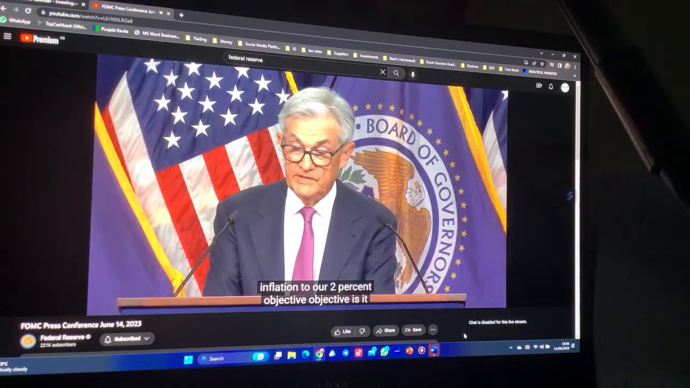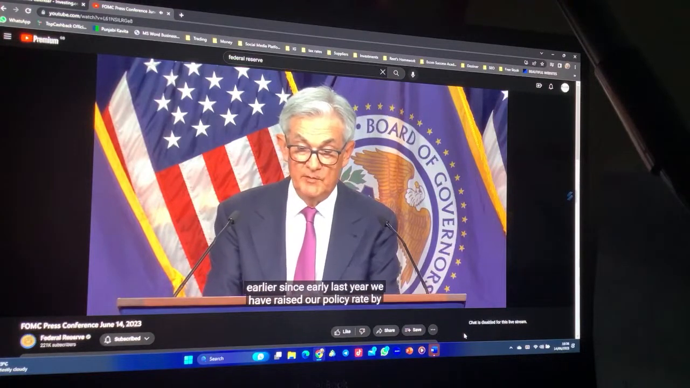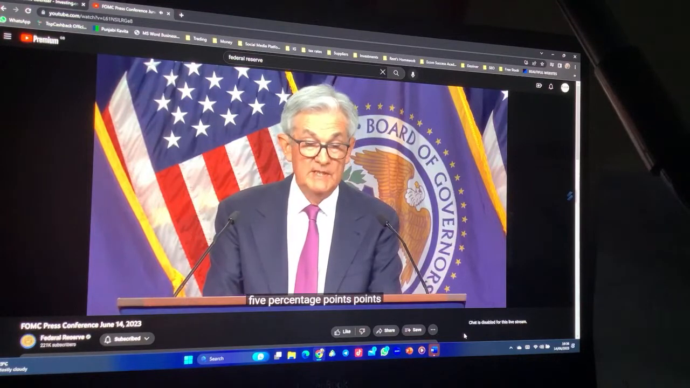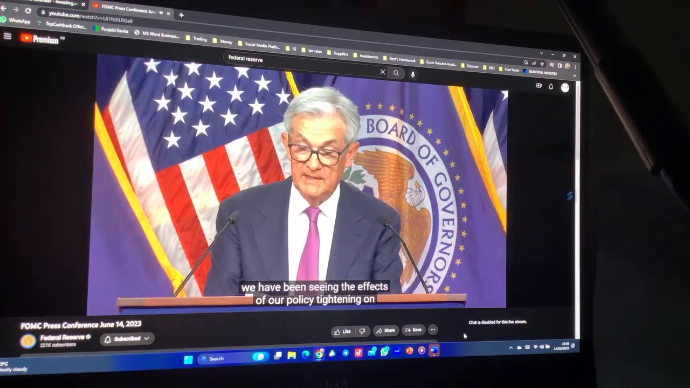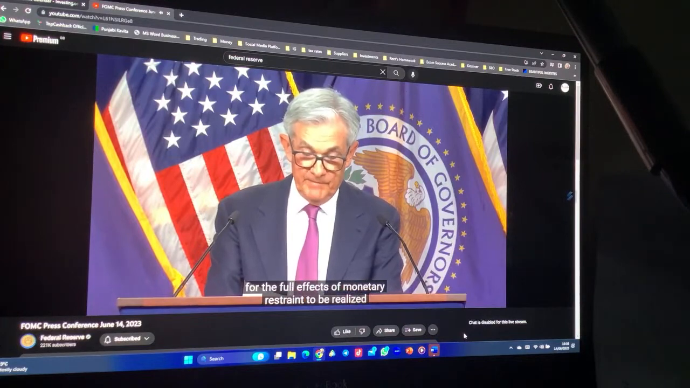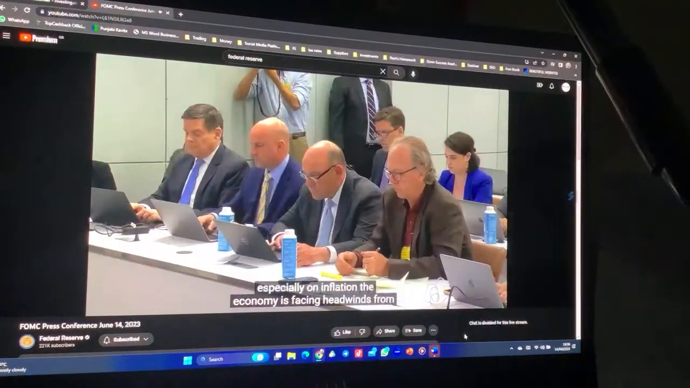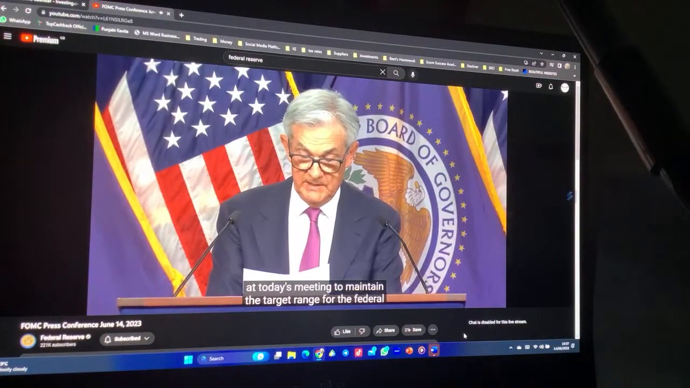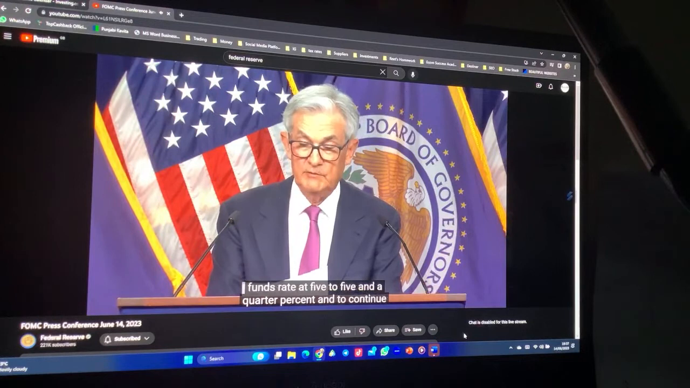As I noted earlier, since early last year, we have raised our policy rate by 5 percentage points. We have been seeing the effects of our policy tightening on demand in the most interest rate sensitive sectors of the economy, especially housing and investment. It will take time, however, for the full effects of monetary restraint to be realized, especially on inflation. The economy is facing headwinds from tighter credit conditions. Target range for the federal funds rate at 5 to 5.25%, and to continue the process of significantly reducing our